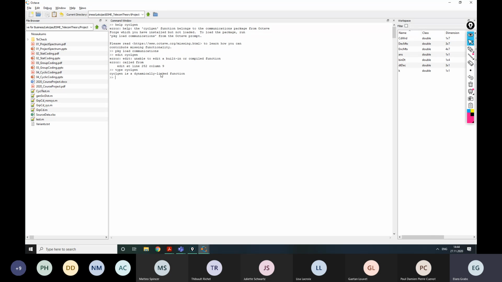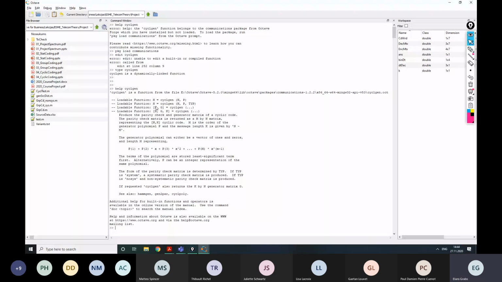Yes, it's a dynamic linked function, a DLL file, meaning that most probably I will not be able to provide it to you in such a simple way as for the AWGN case, but I will show you the entire idea. I'll describe and tell you how to generate those matrices by yourself, only a bit later, right? So you can use cyclic gen to generate the encoding and decoding matrices. So help cyclic gen